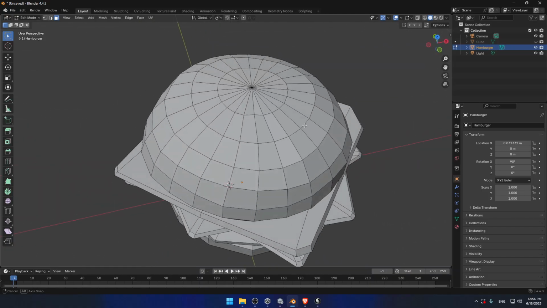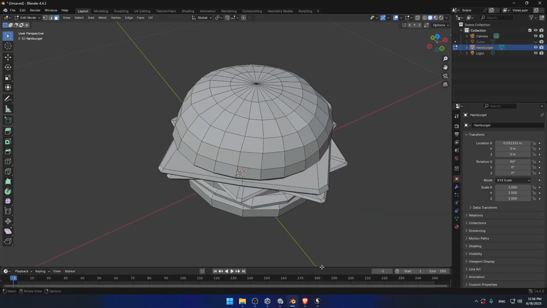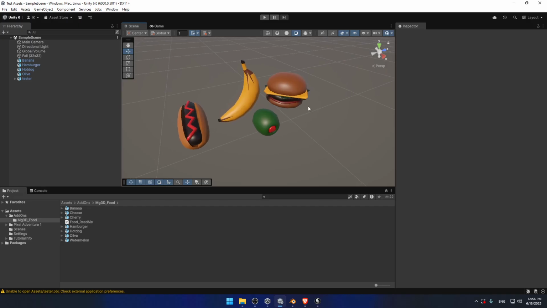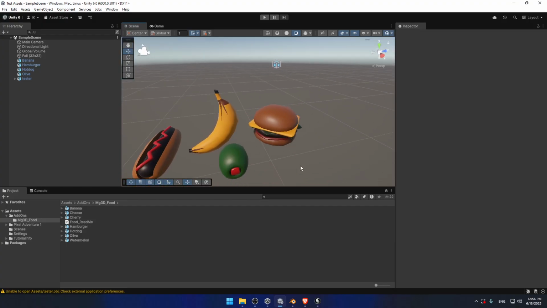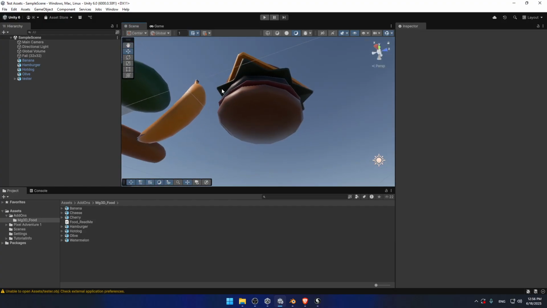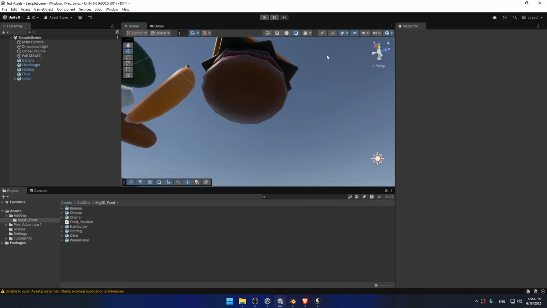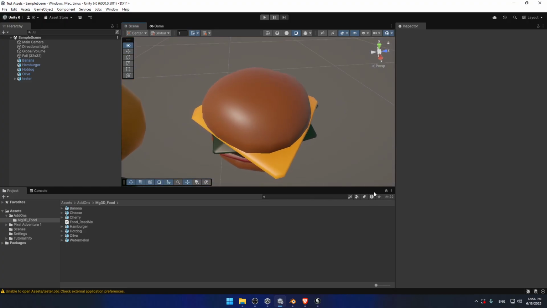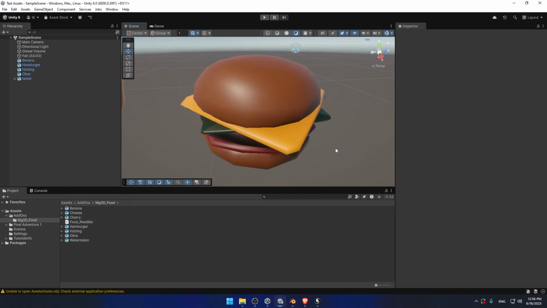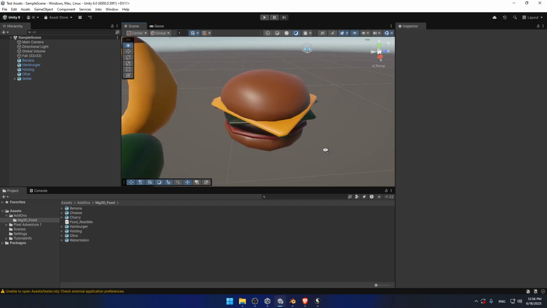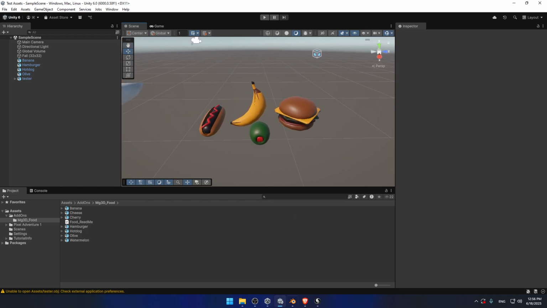And most of the time you don't care about that. If it renders nicely, like here in the Unity engine, you don't have a problem with it, so who cares? It looks good from the bottom, it looks good from the top, so everything is cool and works fine. But sometimes